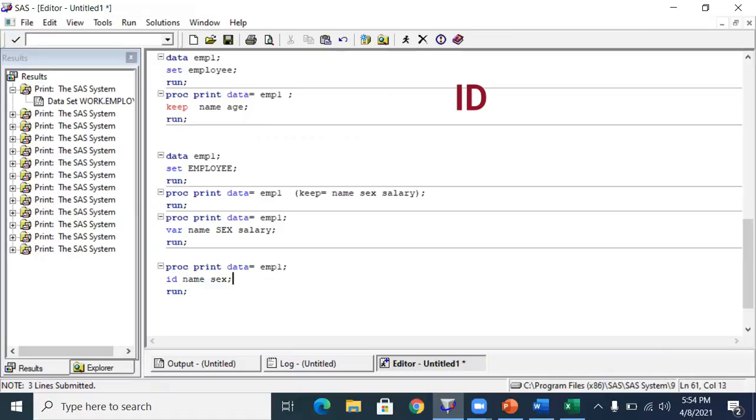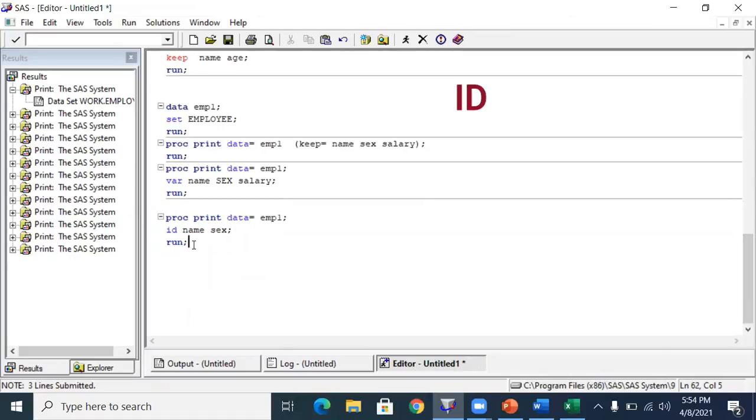Now we will move to how to control the observations. So we have learned keep, drop, where, and the next is ID, right? Keep as an option we learned, drop as an option we learned, keep as a statement, drop as a statement, and where and ID as statements.